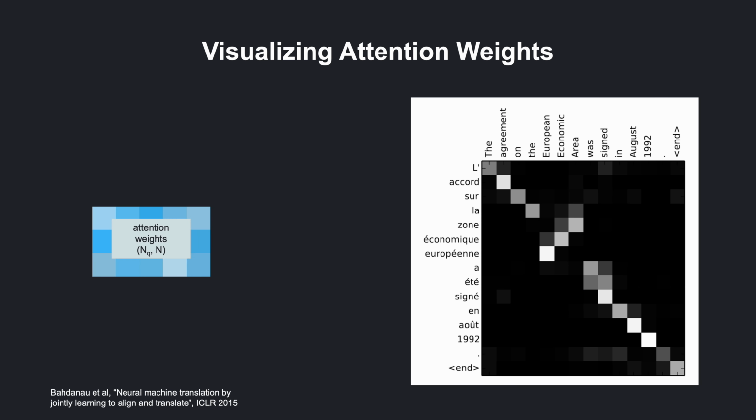One cool thing that we can do with attention is taking a look at the attention weights. Shown here is an example from a paper on machine translation using an architecture quite similar to the one we just looked at, but translating from English to French. In the picture, you can see which English words the network paid attention to generate each of the French outputs. What's really cool is that you can clearly see the network finding the correct words to attend to, even if they aren't the next one in the input. When translating "the European Economic Area" to "la Zone Économique Européenne", the attention weights show the exact word inversion